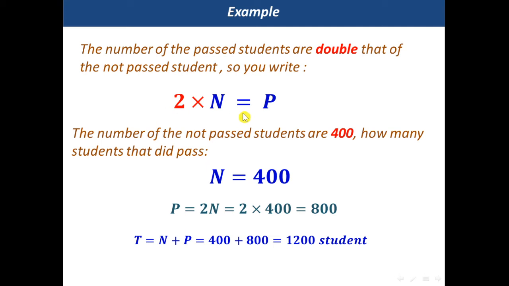From this equation you can find the ones that are passed, and you can also find the total only from knowing one of the terms, which is the students who are not passed, and they are the 400. Okay, so that's why I represented the numbers with letters here. You can use this for each year. Next year or the year after that, when the ones that are not passed are not 400, but for example 350, you can also find the students who are passed, and you can also find